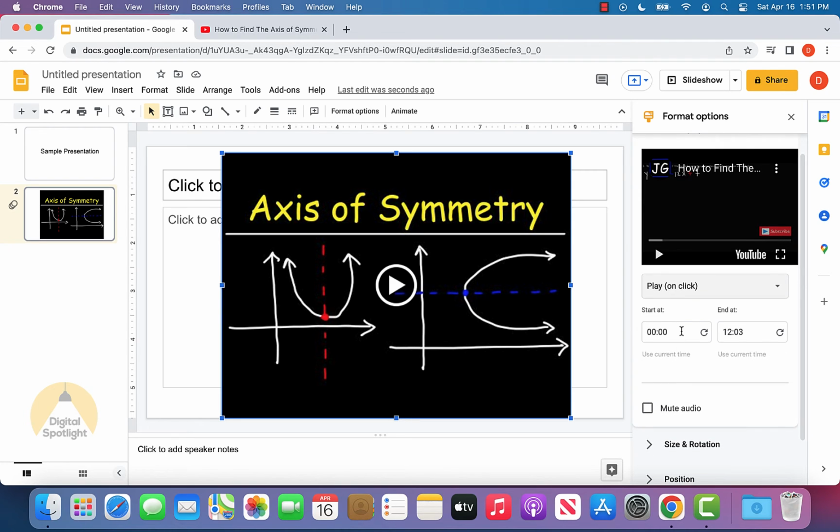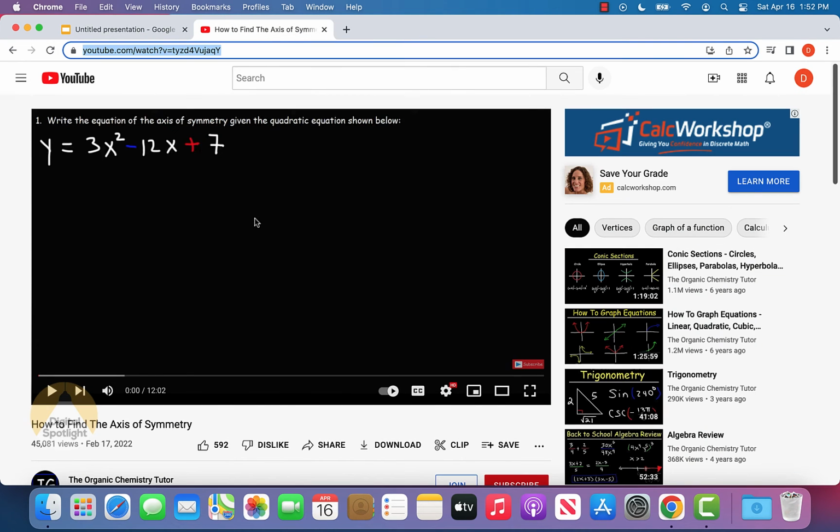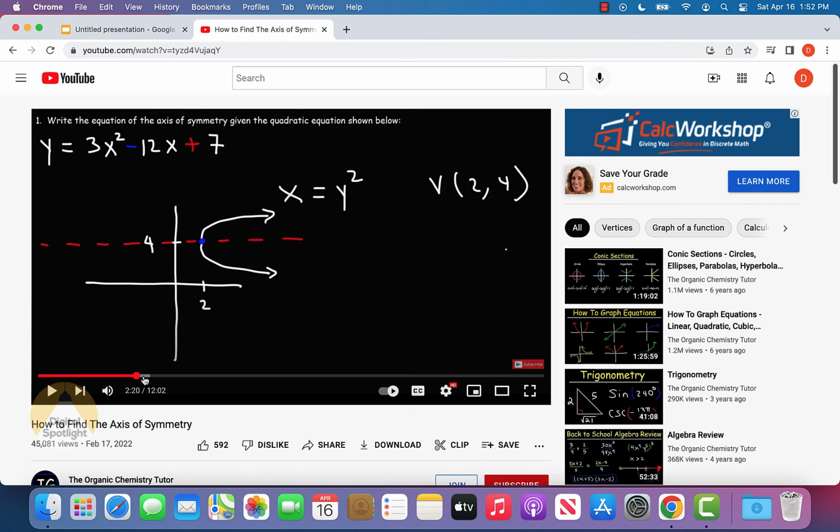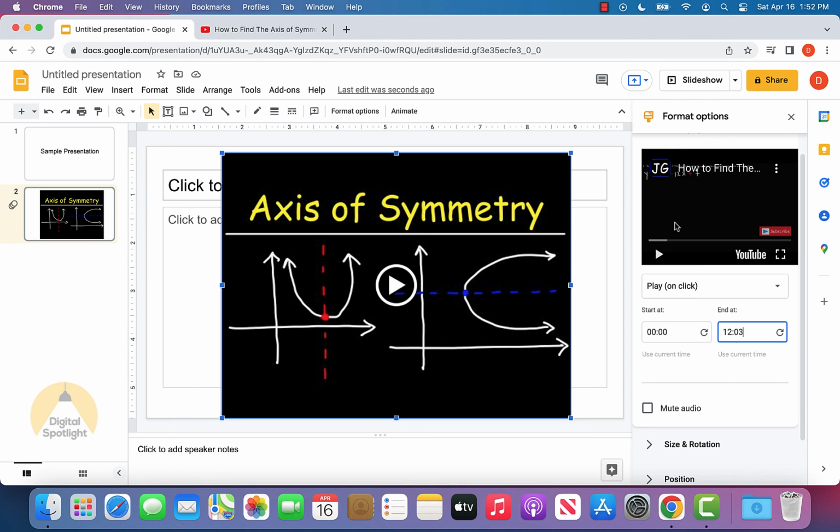And then another option you have right here is if you want the video to start at a specific time. For example, if there's just a specific clip of the video that you want to play in your presentation, you can put the time that you want it to start at here and the time that you want it to end at here. And the way you can see that is, let's say you go to this part, you see that this is 1 minute and 45 seconds, and let's say you want it to end at this part, you can see that that's 2 minutes and 20 seconds,